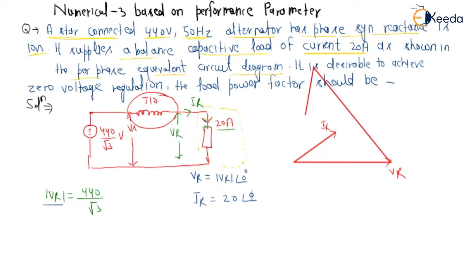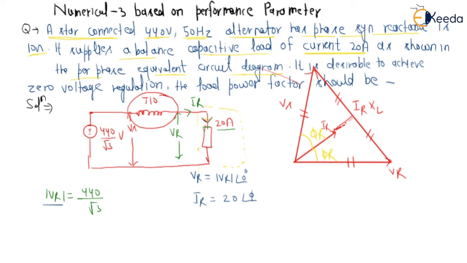And this value will be equal to basically Vs. This value will be equal to Vs because when you write IR into XL and draw it like this, you can see that this Vs magnitude will be equal to VR. It is clear. So these will be equal, and if this is 90 degree, this angle will also be the same. If this angle is phi r, this angle will also be equal to phi r, because of the isosceles triangle.